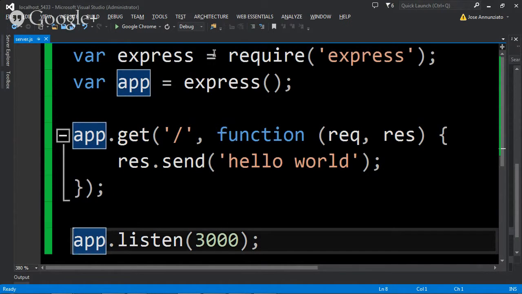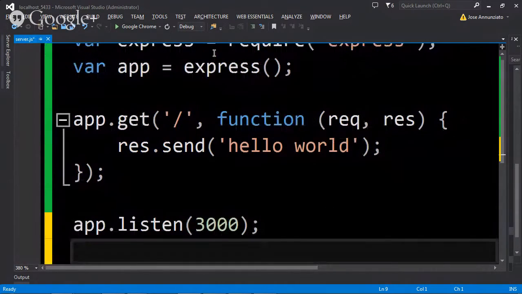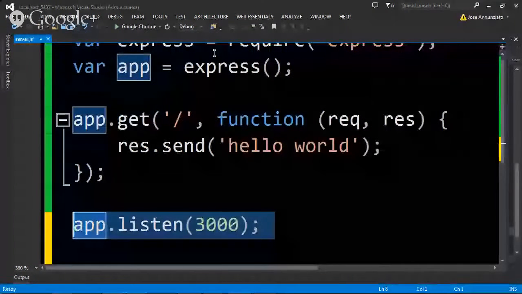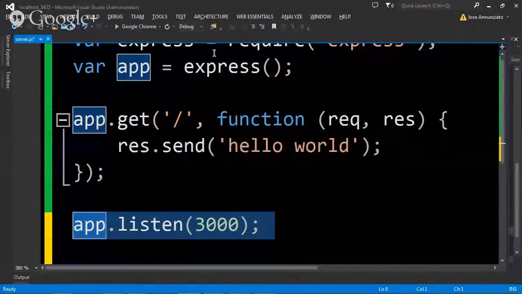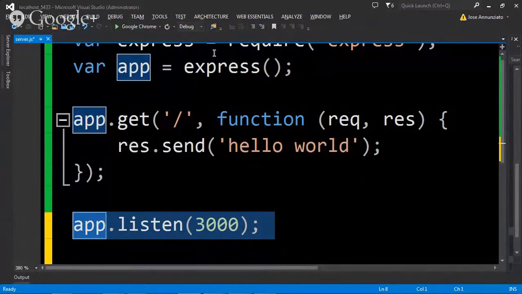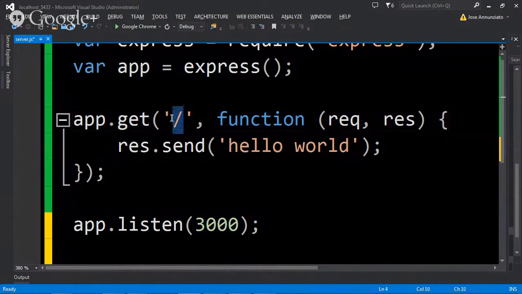And finally, now that we've configured what we want to do with Express, we just want to listen on 3000. So .get and .listen are part of the Express API. Two lines of code, and we have a server running. We have a server listening at port 3000, localhost, at the current IP address, listening for an incoming request.